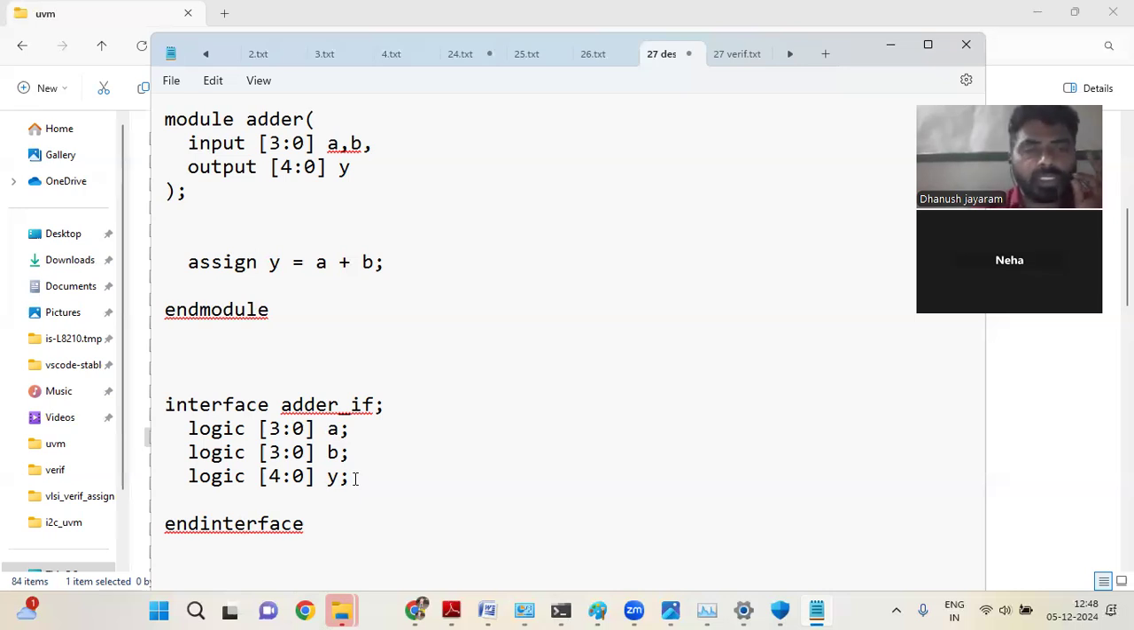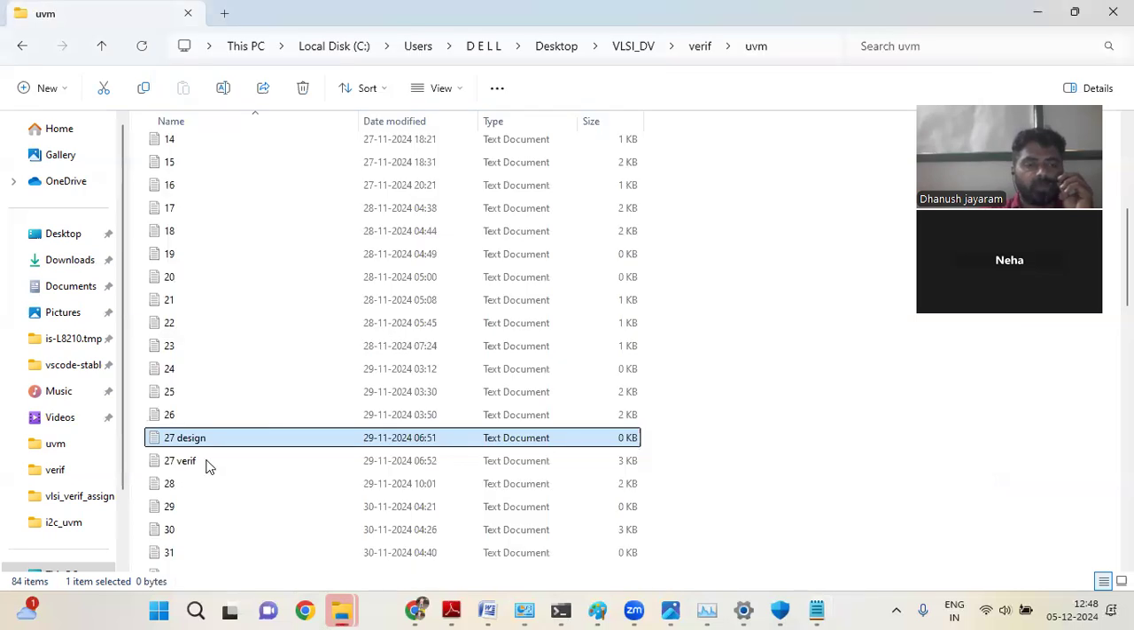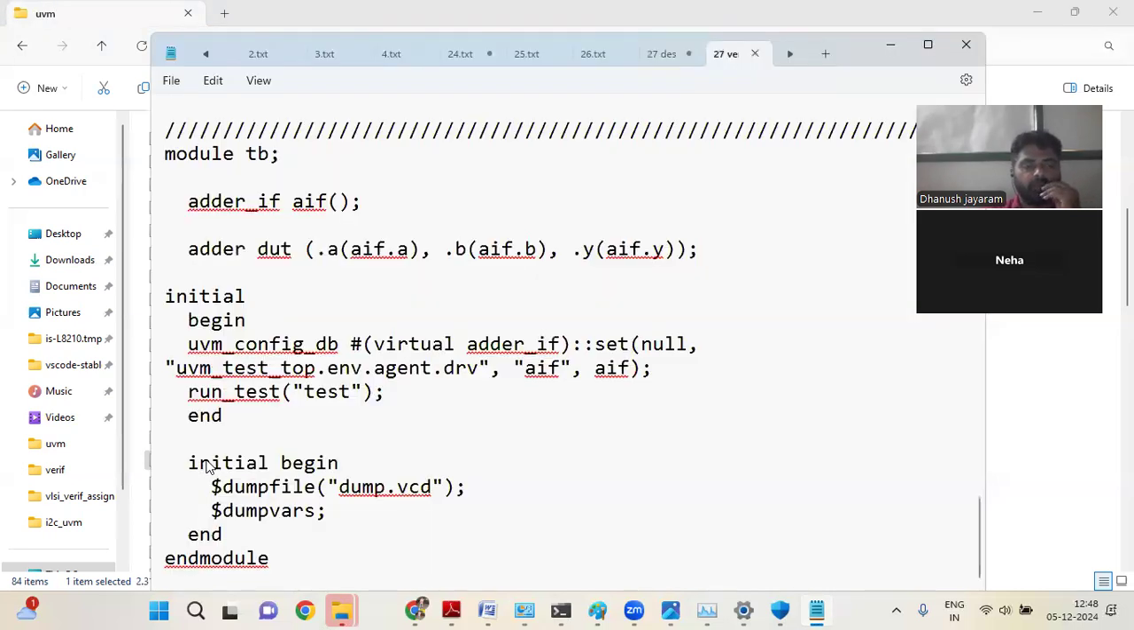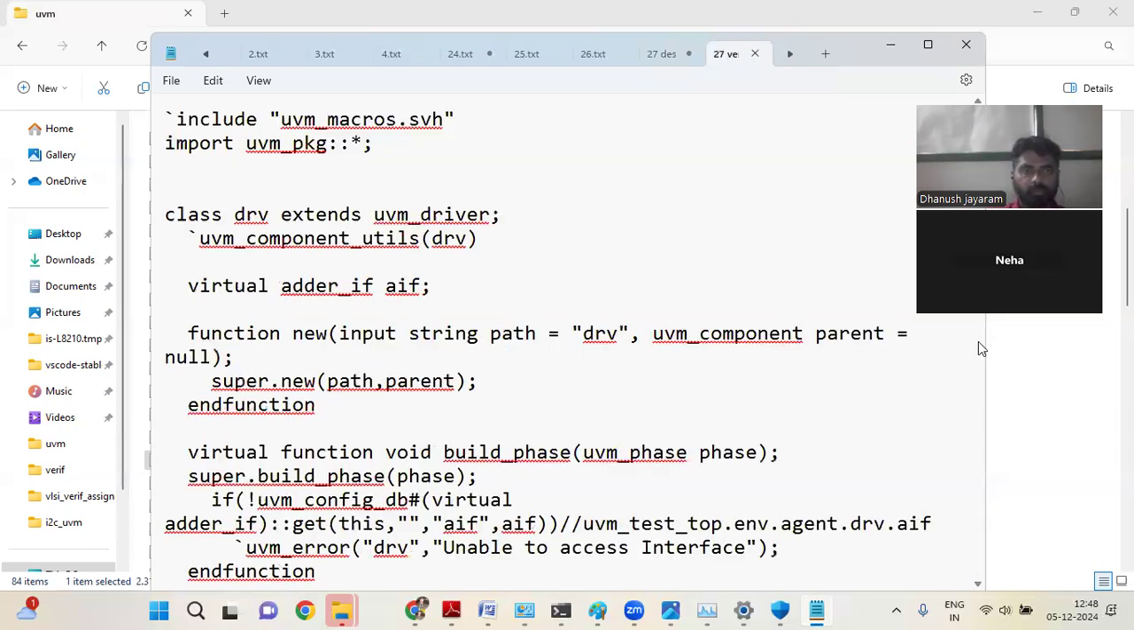I want to check this design whether it is working fine or not. For that, simple, I'll go to verification tb. These are same, I told you, right? For all the codes we need to write these two statements without fail. Okay,